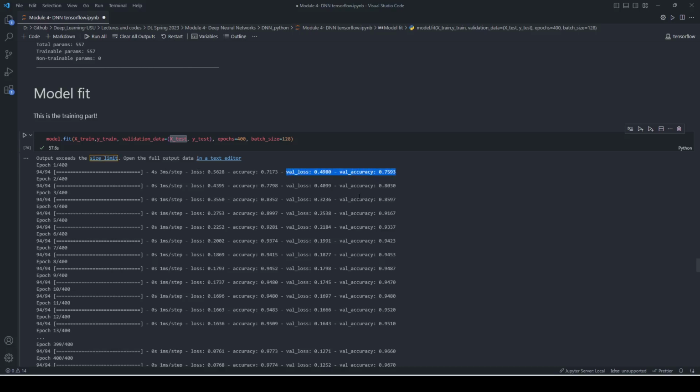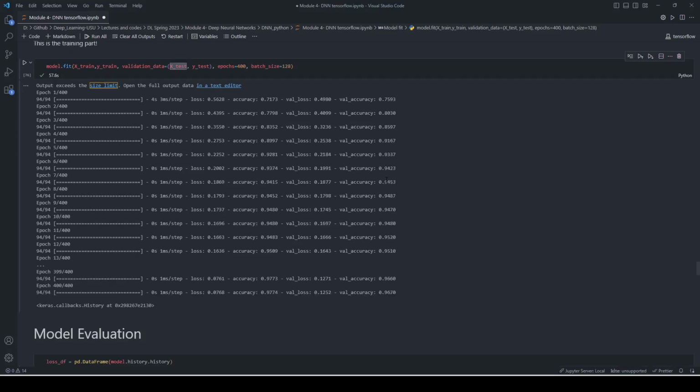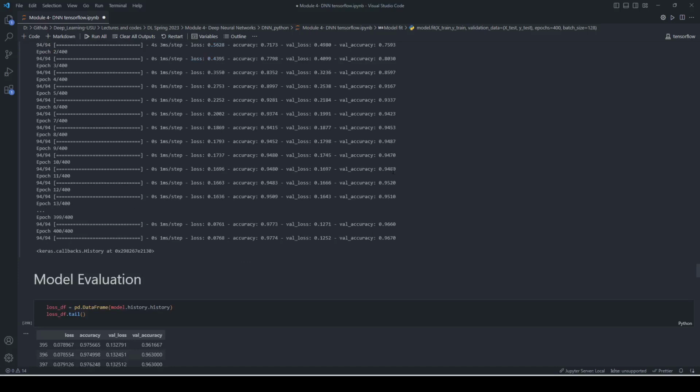So in the first iteration, when the weights were quite random, maybe this is after the first update, what do we get? We get a loss of 0.49 and accuracy of 75. This accuracy in the validation set should increase, right? And if you scroll down, it should increase. And at some point, the accuracy might start to